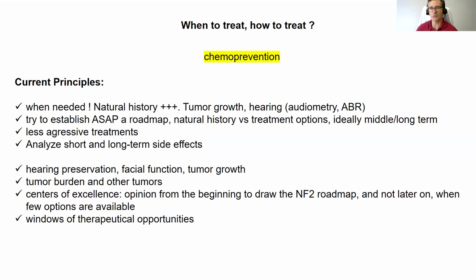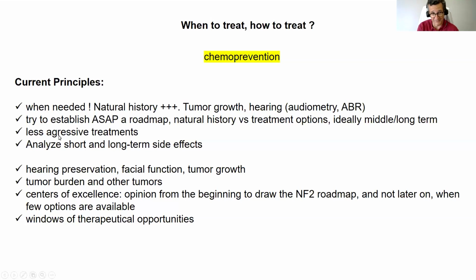What is important is to decide when to treat and how to treat, and we will go into details. I think for me, the first is when it's needed. We need to have the natural history. So there is some trend to treat from the beginning when the tumors are very small, when you discover the tumors, by surgery, by radiosurgery, by treatment. I think this is not our strategy. In Europe, it's not the strategy. And I think you need to understand the natural history, tumor growth, hearing, based on audiometry and auditory brain stem response. And I will show you the interest of this